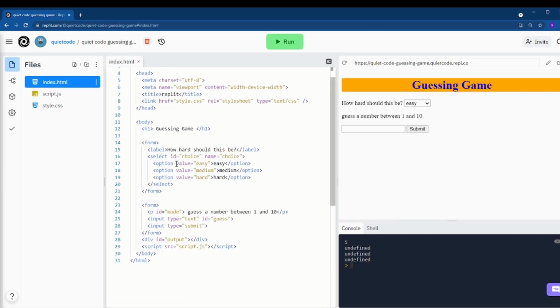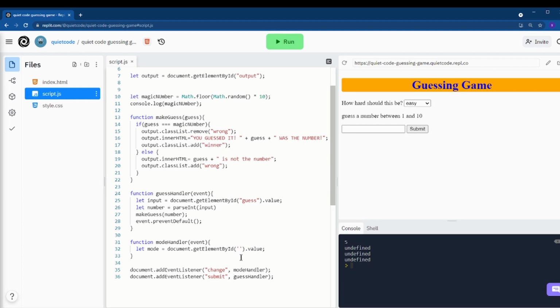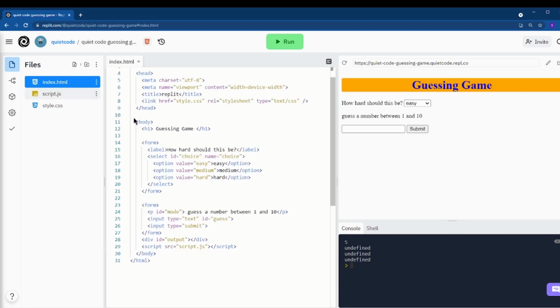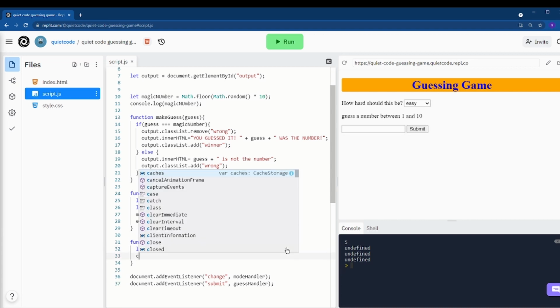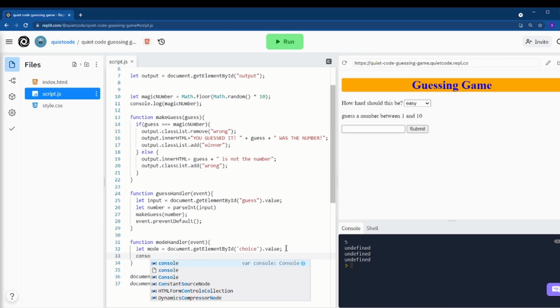What do we call this? Choice. So we're gonna get it by the ID, which is choice. Is it choice? Yeah, we gave an ID of choice. Alright. And then, so now we'll console.log